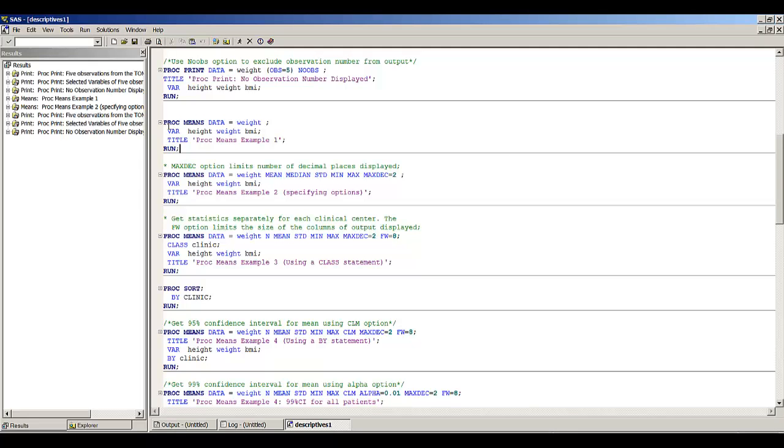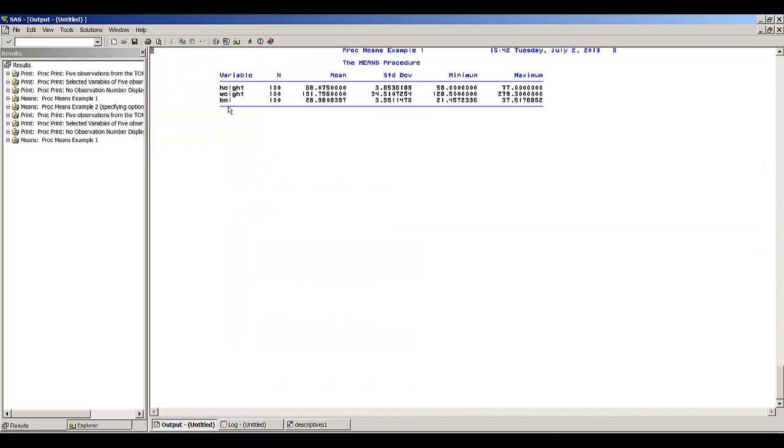Now let's take a look at the PROC means procedure. So here we're interested in doing PROC means on the numeric variables height, weight, and BMI. And we're going to just get the default statistics for PROC means because we haven't specified any statistics in our PROC statement. So if we run this code, we see that for the 3 variables, height, weight, and BMI,